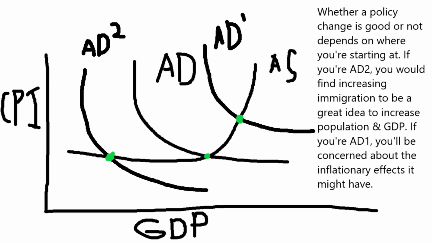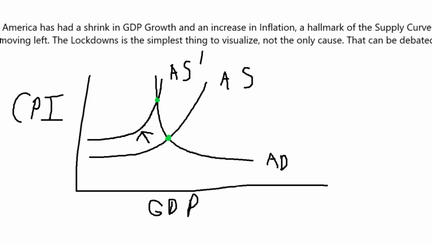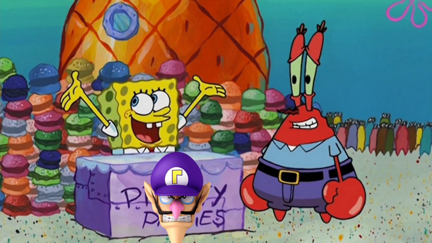With all this in mind, the answer to Waluigi's lack of a game should start to be clear. At least here in America, the economy is not doing the best as of this video. The lockdown's effect on aggregate supply has been felt greatly, shifting the curve left, creating a situation where GDP decreased and inflation increased. If Waluigi's game released tomorrow, there would be a shift in the aggregate demand that pushes the